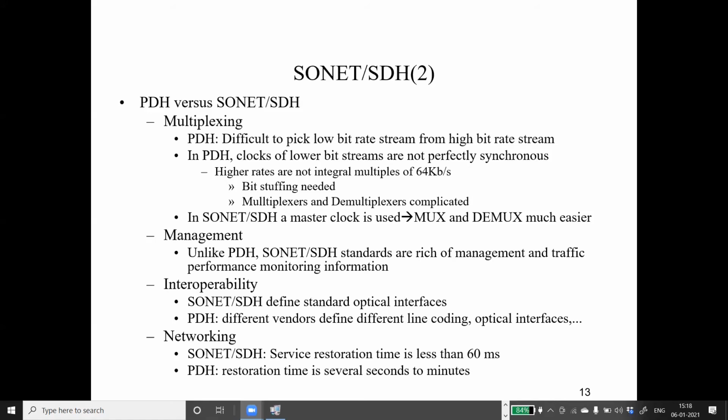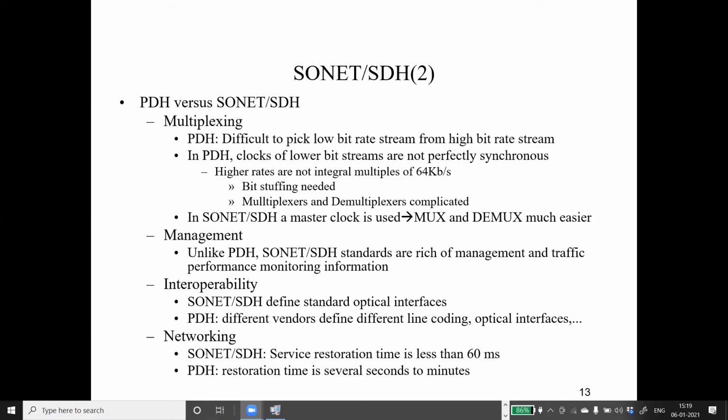It means if you had done multiplexing in the previous system, you had to demultiplex the whole thing, find out where you placed that information, pick it up, multiplex it again, and then send it forward to the next user. Whereas in Sonnet, you had flags and bits to identify the location. The pointers helped you identify the location and quickly pick up the information that you wanted by demultiplexing, and then multiplexing back and sending the signal.